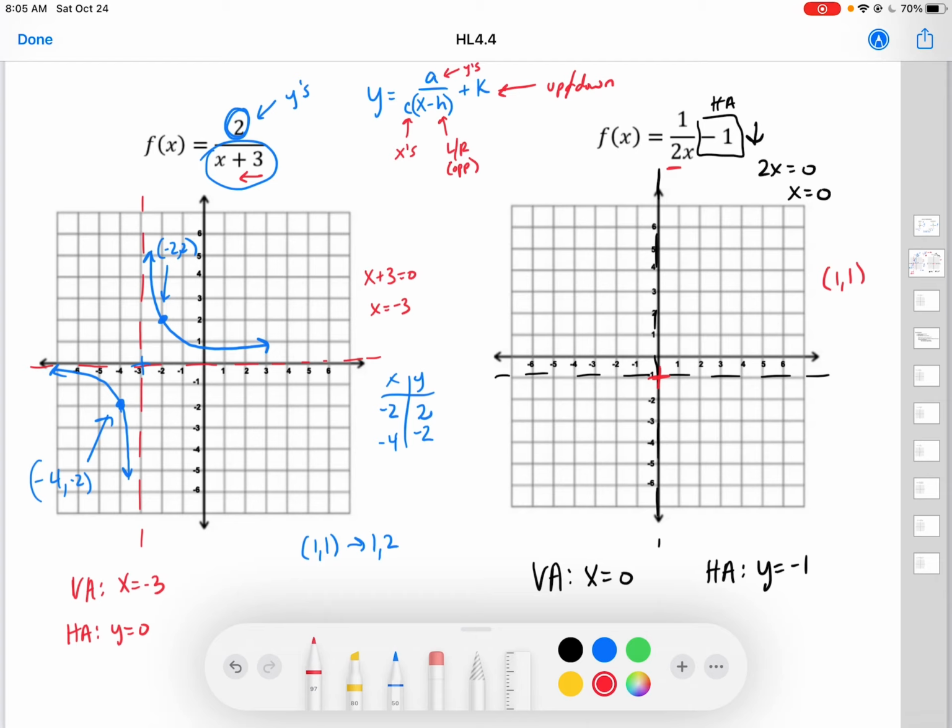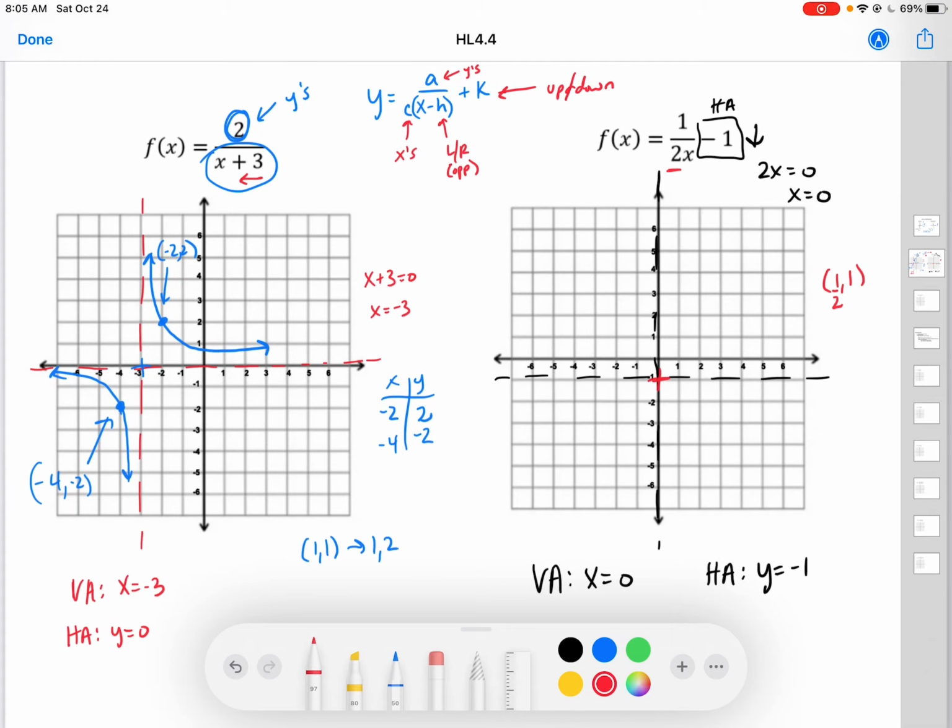Now this 2 is in the denominator, therefore it's going to affect my x's, and you do the opposite. So I'm going to divide the x's by 2, so I go over 1/2, up 1, from where they cross. And I draw my curve. And then since it has to be in the opposite, I'm going to go left 1/2, down 1,